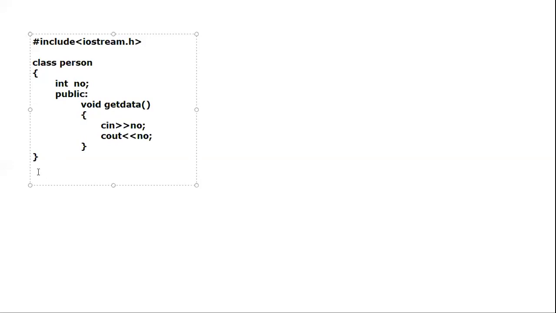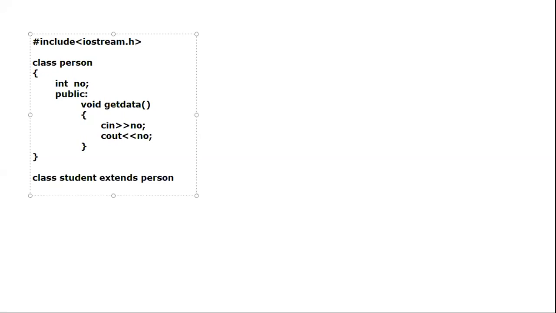Exactly, extends. So I'll mention here class student extends person. If I use the keyword extends, it means that student is a derived class of the person class. So person will be my base class.